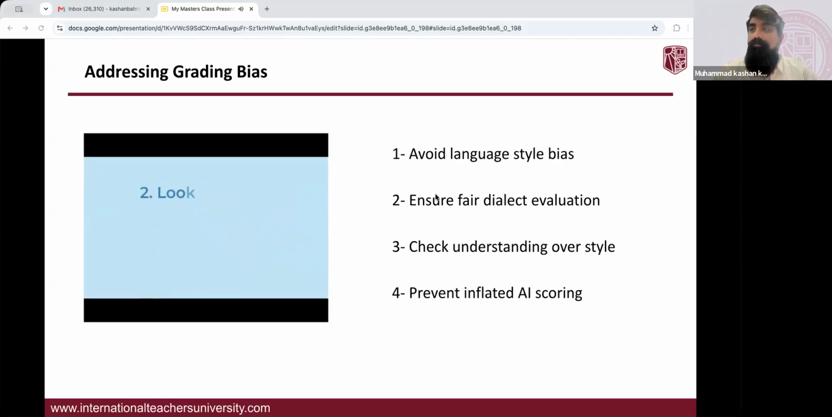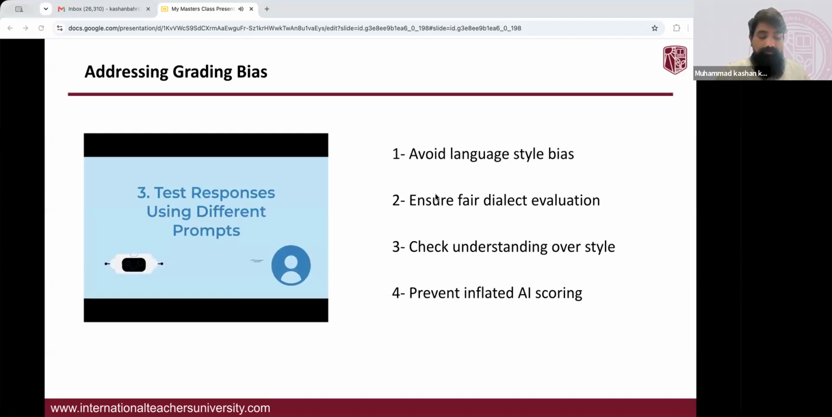Number two, look for any errors or inaccuracies in the chatbot's responses. If the chatbot consistently provides incorrect or misleading information about certain topics or groups of people, this may indicate bias or inaccurate data. Number three, test the chatbot's responses using a variety of different prompts and questions. If the chatbot consistently provides incorrect or discriminatory responses to certain types of questions or topics, this may indicate bias